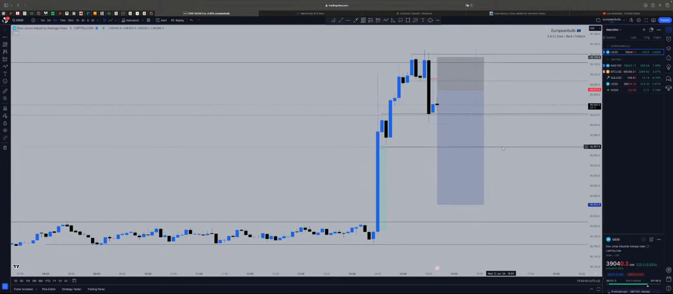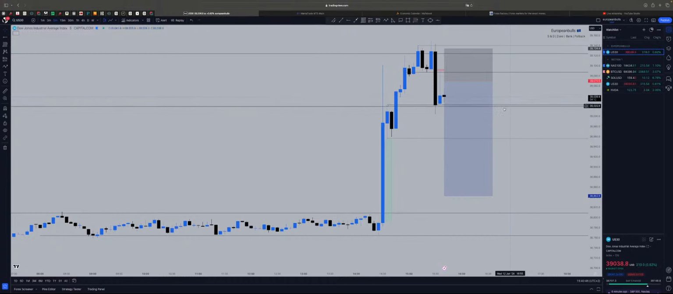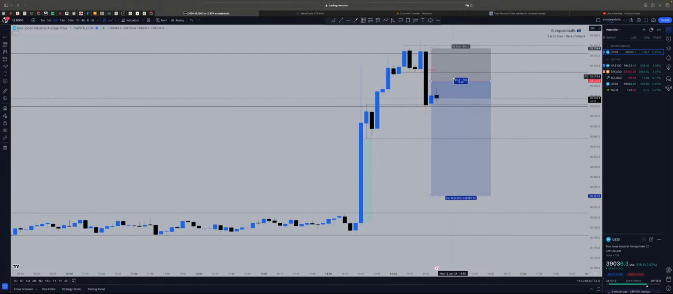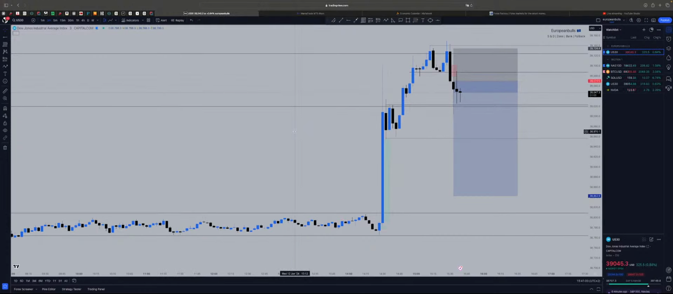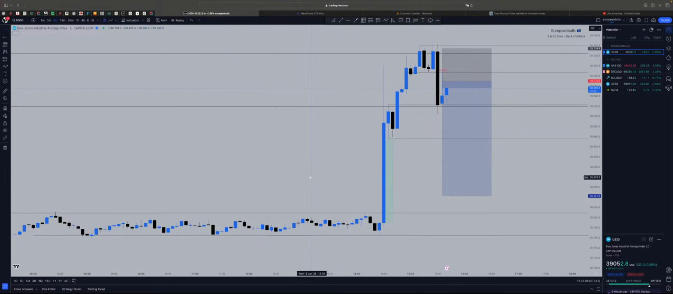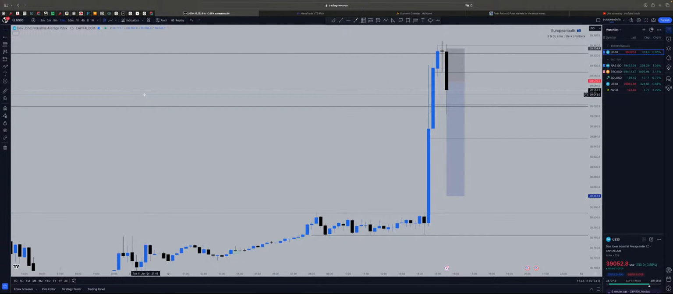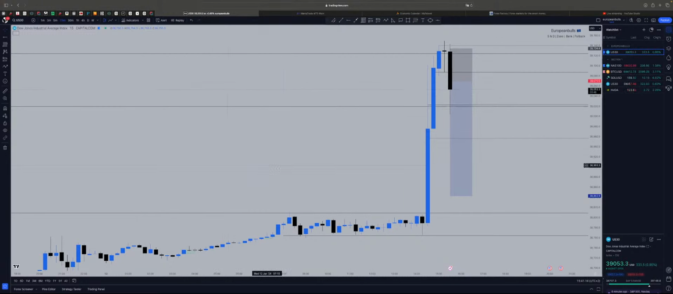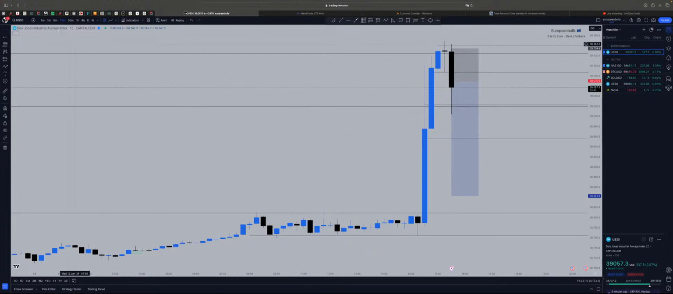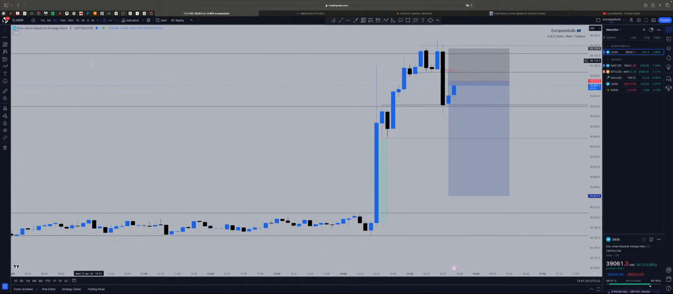This area is not very reliable. This is a support zone, but let's see if it breaks it, because this candle in 3 minutes is indecision. 15 minutes still to go. Let's see how it goes in 15 minutes. I think I will be out on this trade,